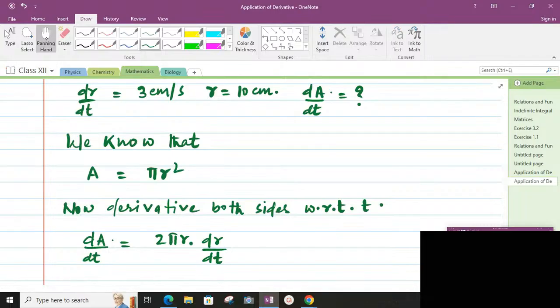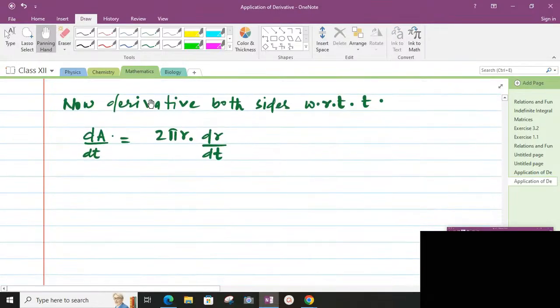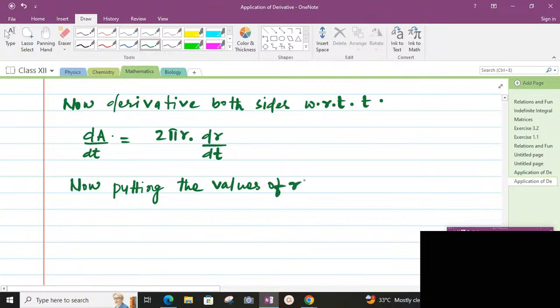Now putting the values of r and dr by dt. So on the left hand side it will be dA by